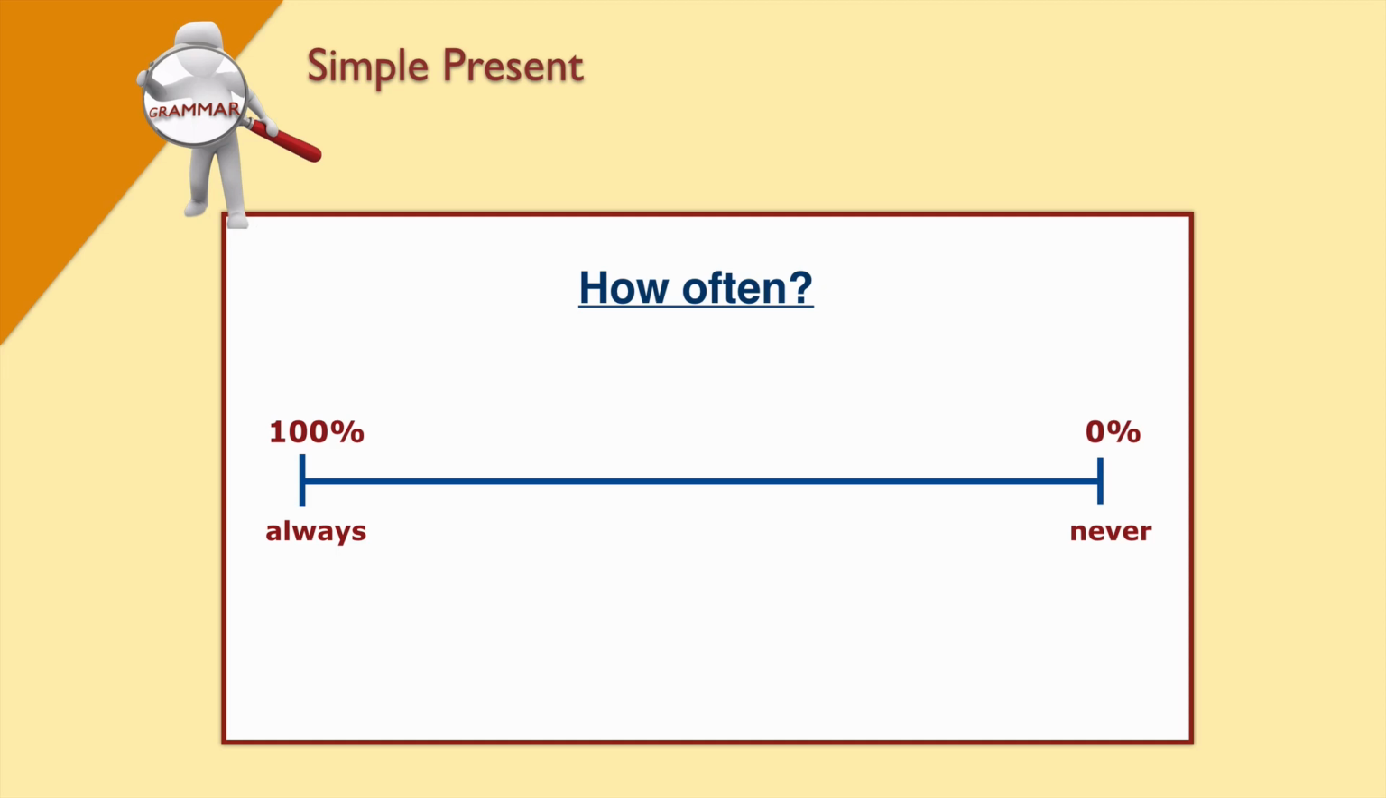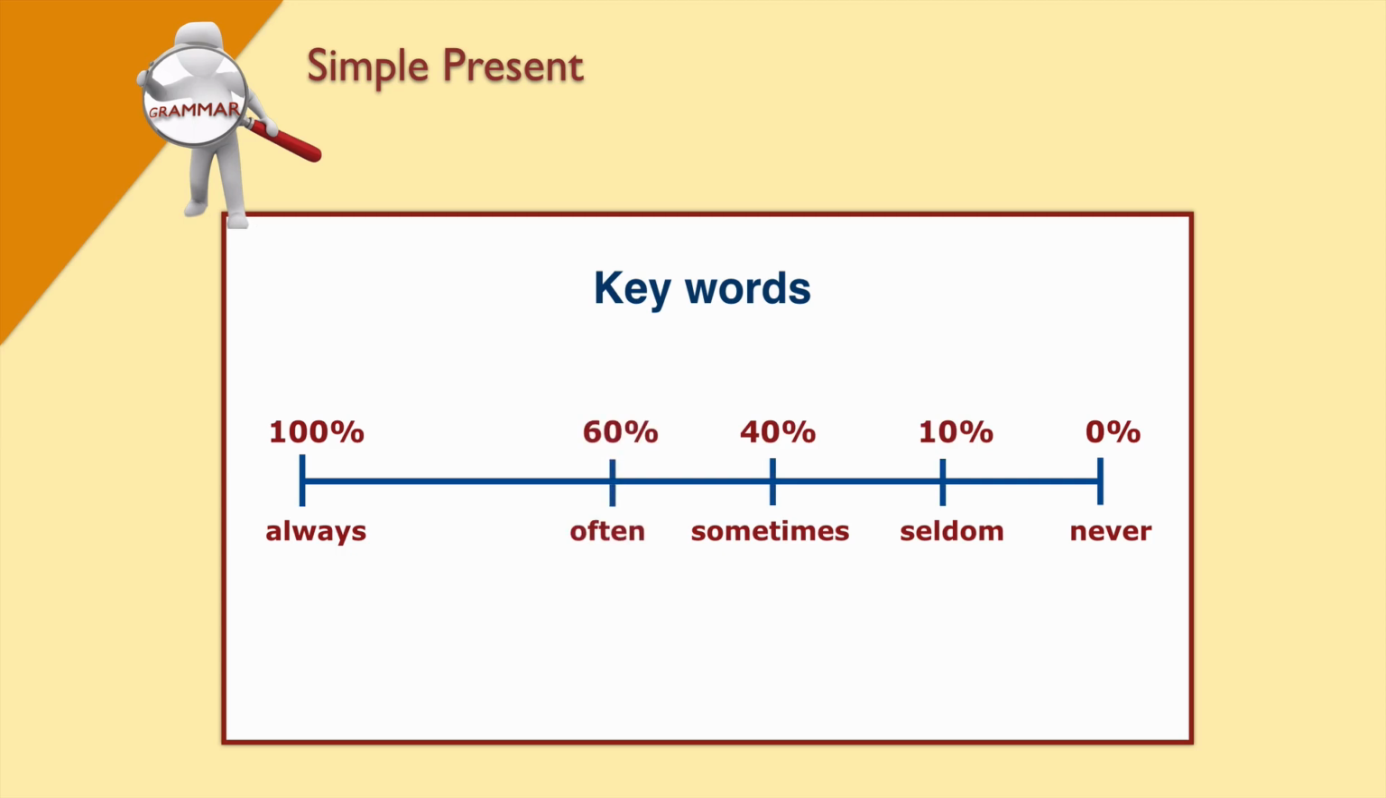When you talk about the simple present, you can talk about things that you do 100% of the time, always. Or you can talk about things that you never do, 0% of the time. These are called keywords. We have seldom, maybe about 10%, sometimes, often, usually. Let's go through the keywords again. Never, seldom, sometimes, often,